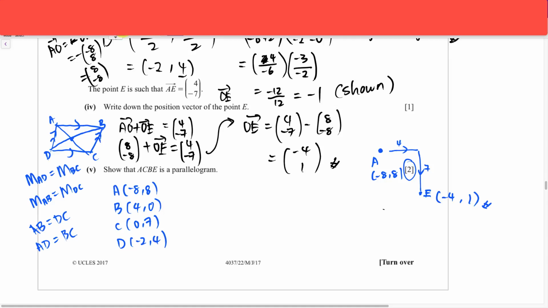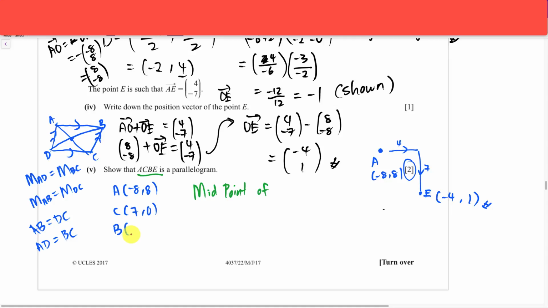Okay, so let's try the midpoint, see whether it's true or not. So the midpoint of this is something. Okay, first thing is I need to arrange according to this one, and I realize I don't need coordinate D, so I will just erase it. I'm going to rearrange everything because they asked for AC, so C should be 7, 0, and B will be